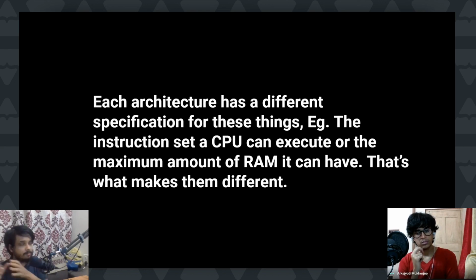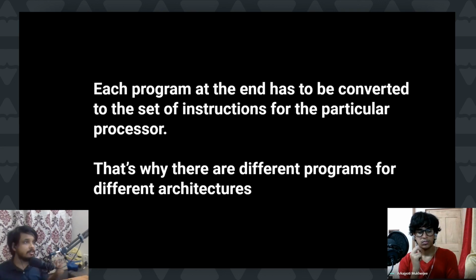Like the instructions that Intel executes versus the instruction set that ARM executes, right? These two might be different, and that's what makes them different,